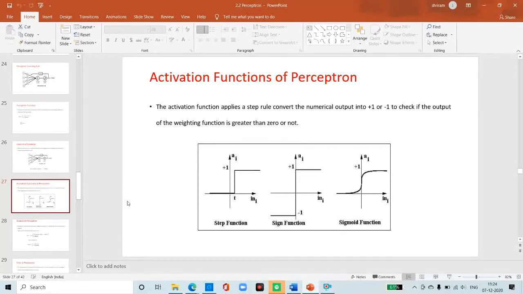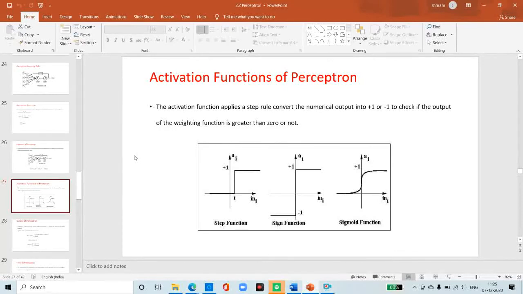Else, if the summation of Wi xi is not greater than 0, then the final output is 0, or we can say minus 1, so the bank loan is denied. So if the final output is equal to 1, then they issue the bank loan, and if the final output is minus 1, then the bank loan is denied.